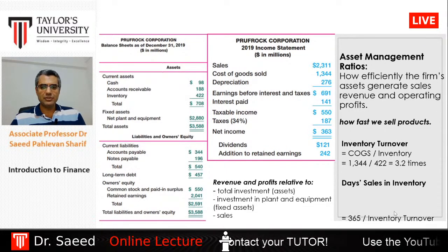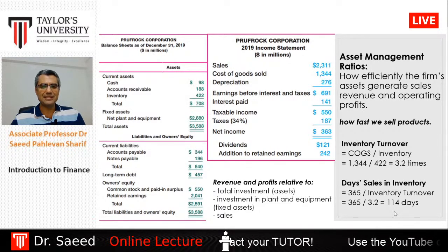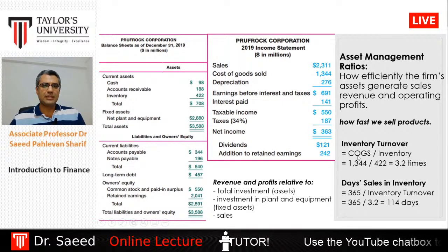And then using inventory turnover, we will compute days sales in inventory. The formula for inventory turnover is cost of goods sold divided by inventory. Cost of goods sold can be found in income statement, and inventory can be found in current assets of the balance sheet. So